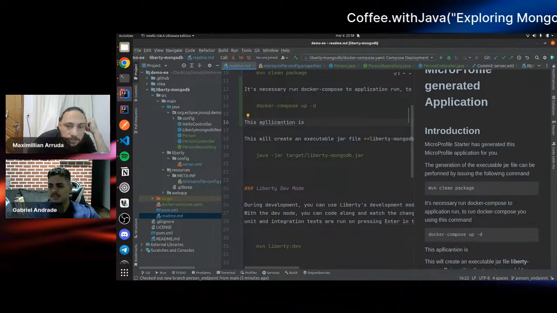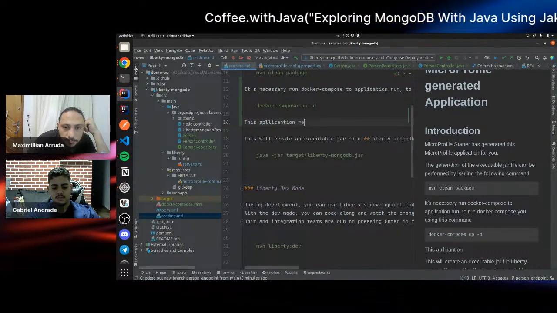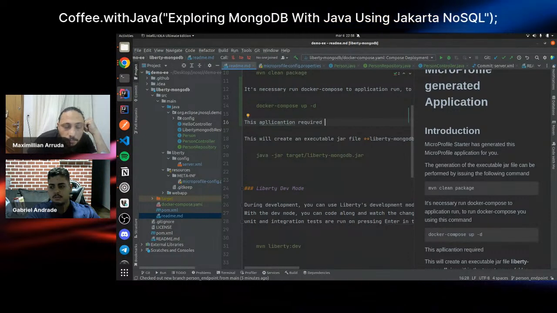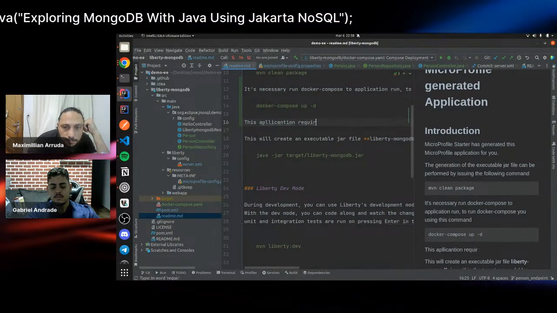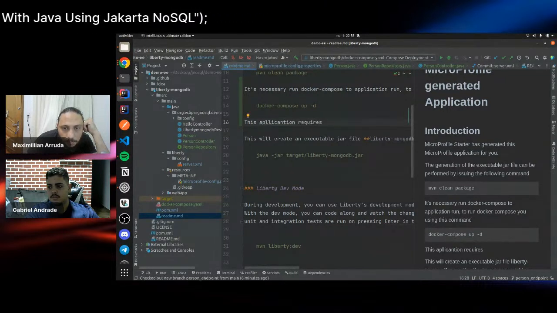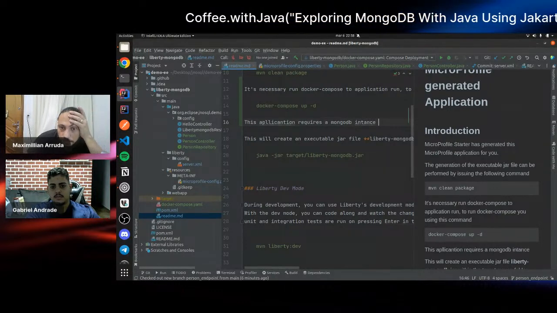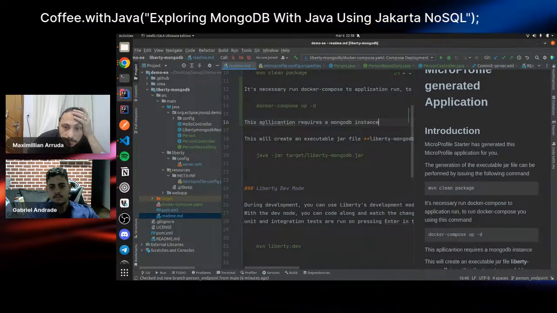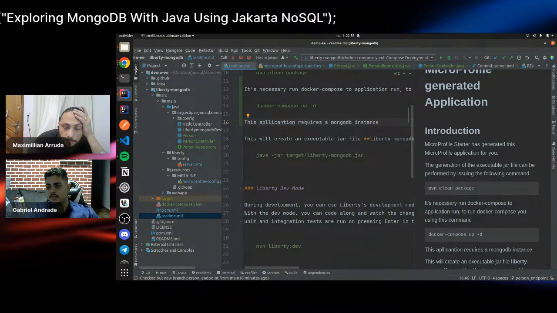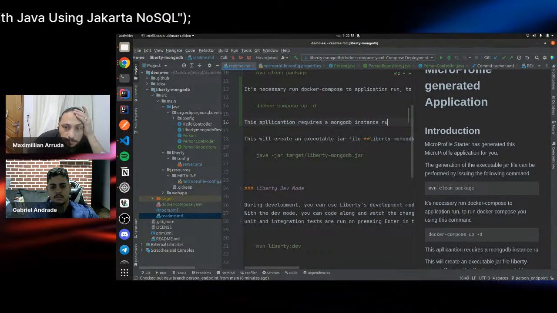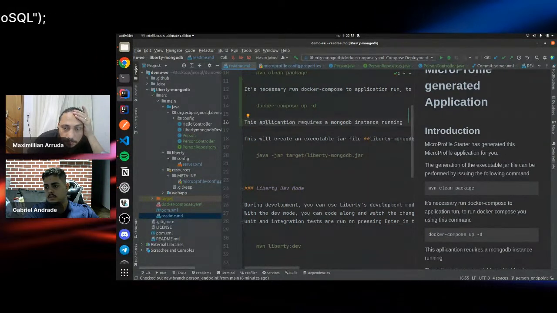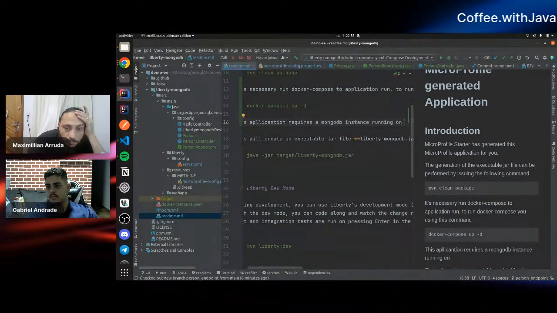This application requires a MongoDB instance running on, and you put the port right here.